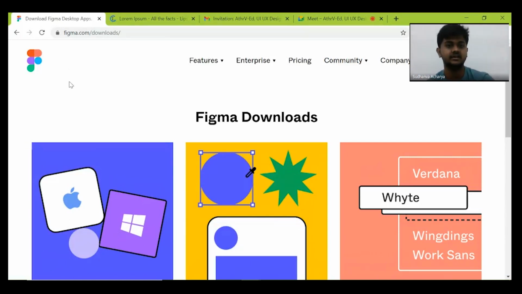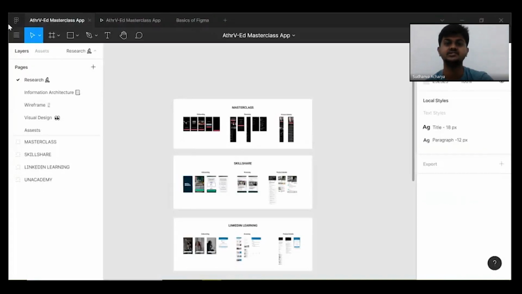If you are starting with Figma and want to know more, Figma is a UI design software and it's free of course, and it also contains a pro plan. But considering that you are a beginner and just starting out, just consider the free plan. So that being said, if you just download the app, you're going to get a Figma screen like this. So this is my page where I have created